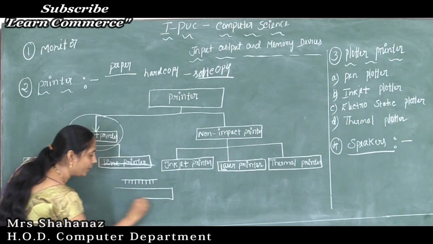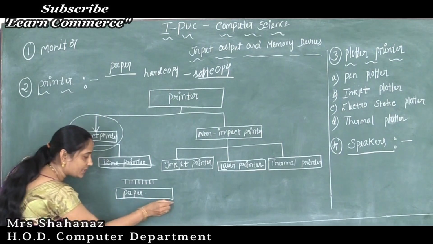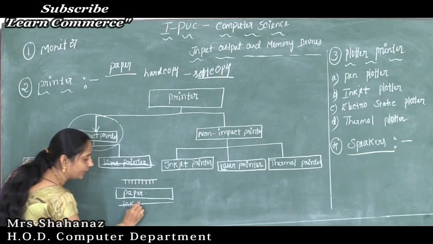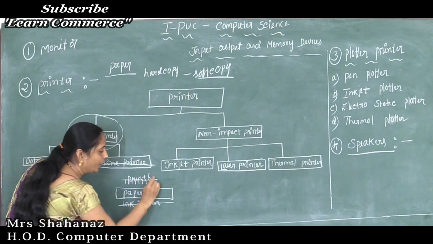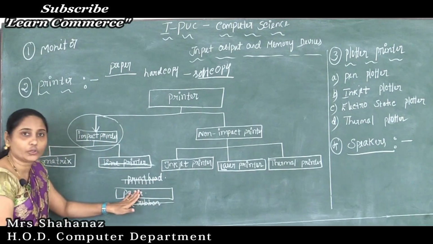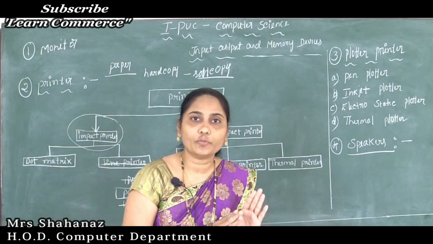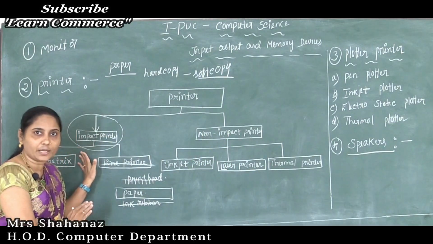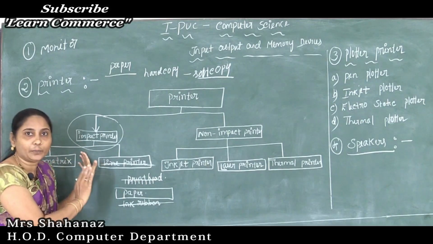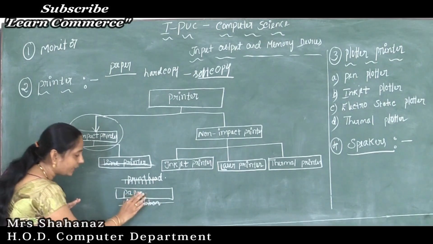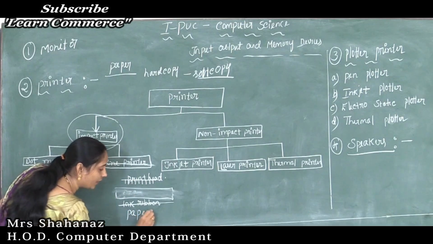This is our paper. So this is called the paper in this case here, and next one is our, and this is called the ink ribbon. So we can say that here first one is the print head. Print head. Later next one we need to use the paper in this case, and also we need to use the ink ribbon. So we can say that the print head mechanism strikes an ink ribbon, and such ink ribbon is located between the print head and the paper. So clear this point here.